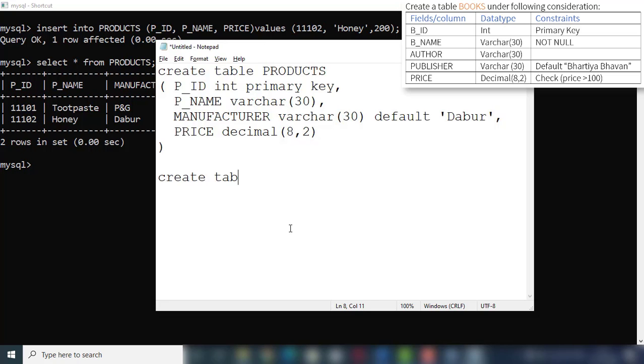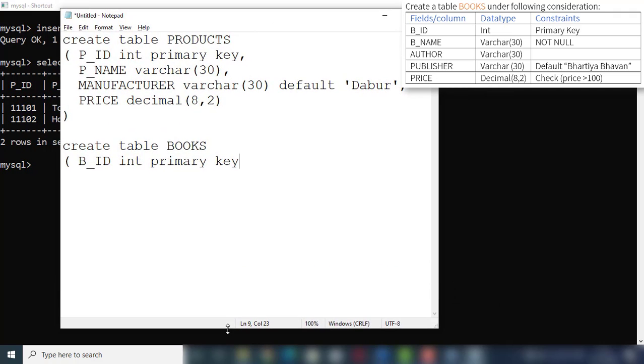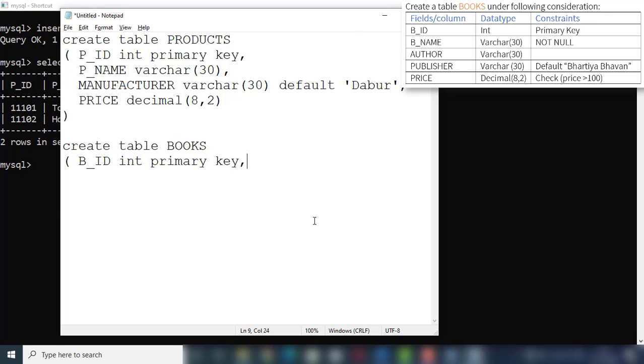Create table books. Then first is b_id, data type int, primary key, then the next column b_name, varchar 30, then author, suppose varchar 30, then